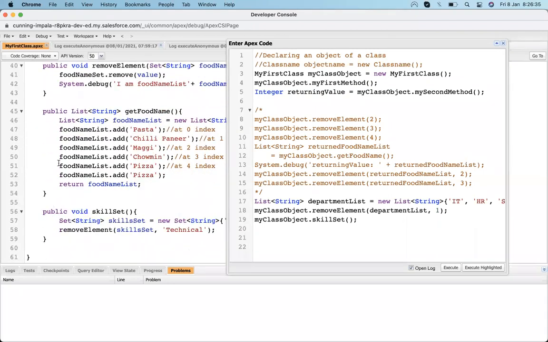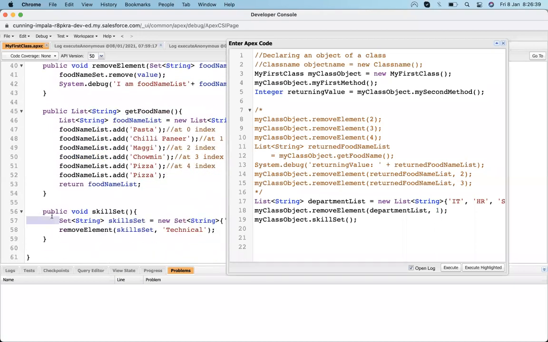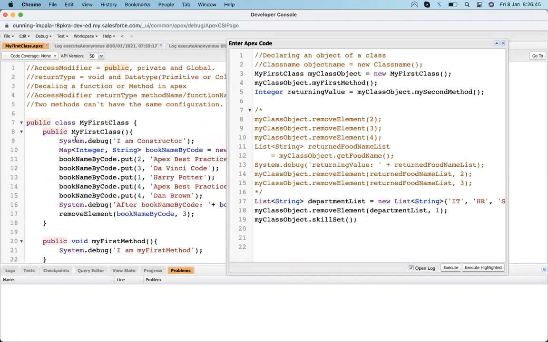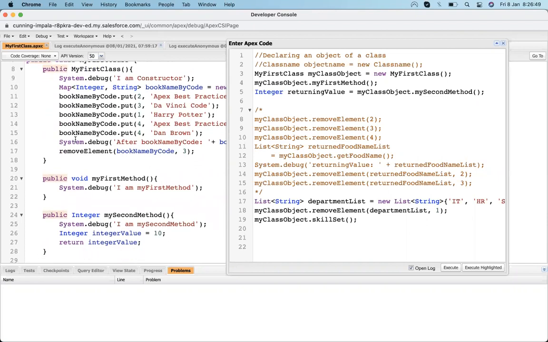Just like that, suppose I make this method private. Here I'm accessing the list and then storing the list value.